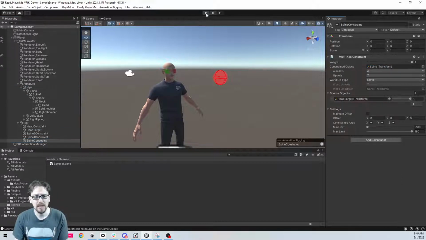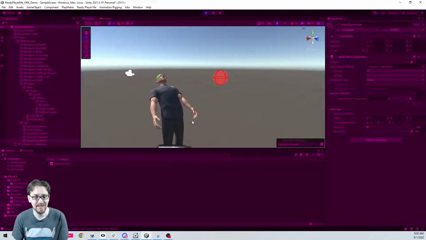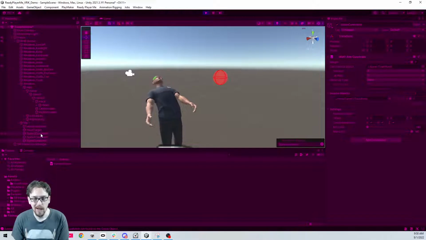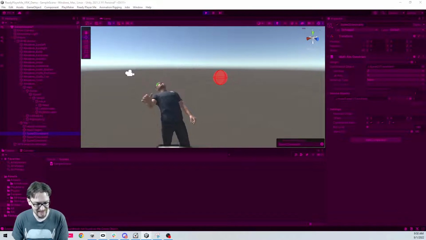All right, so let's take a look at what this looks like if we just hit play the way it's set up now. All right, so you can see that this is a bit wonky. And probably multi-aim is not what we want on these spines. We definitely don't want that. We're probably going to want to do rotation, and that's probably what I did.